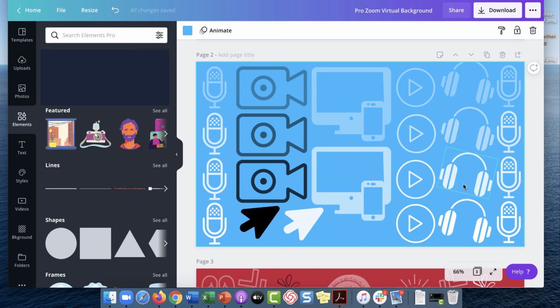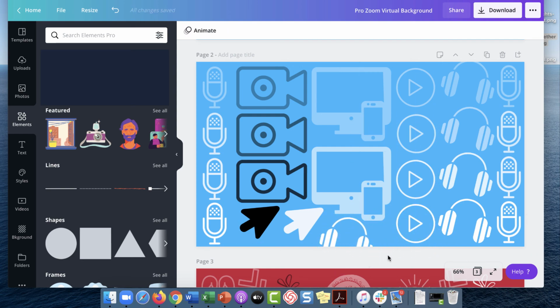There's a lot going on with the design, so pulling back on the transparency calms it down a bit. It also creates a focal point for the video cameras and arrows. For the headsets, I determined a size, an angle, and then with the element actively selected, I duplicate it. Now we have another one we can place on the canvas.